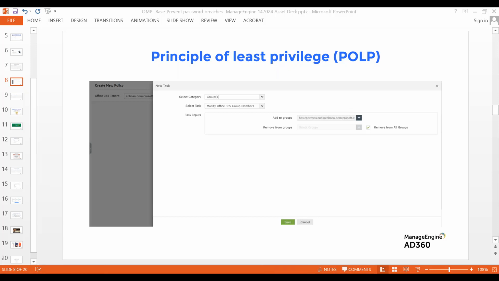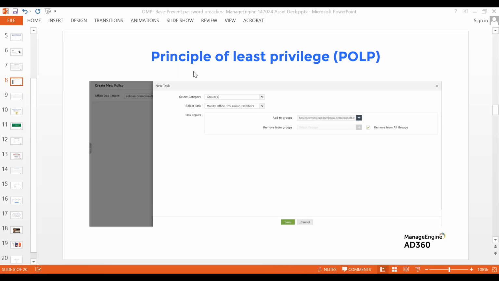So most of the time, users tend to have more privileges than they are required. Probably a help desk technician who requires the provision just to reset passwords ends up having provision to create users, assign licenses, manage users, and all of that. That is essentially because the granularity that comes with the native tools or the stock options isn't really that effective. So we would need a tool that helps you get to the roots and gives you access to delegate granularly. So that is another interesting case that we'll be walking you through.